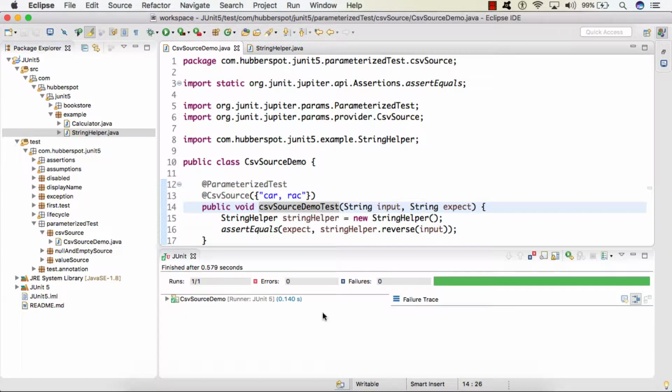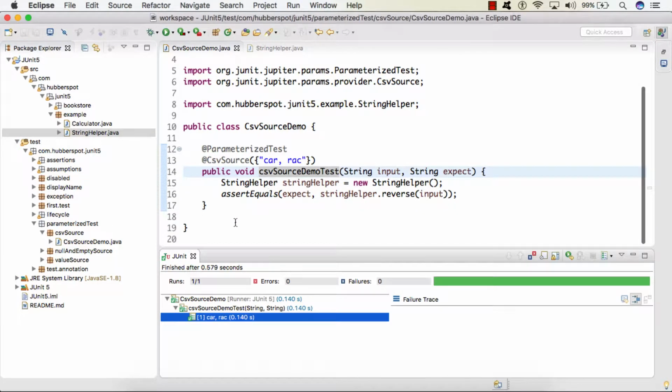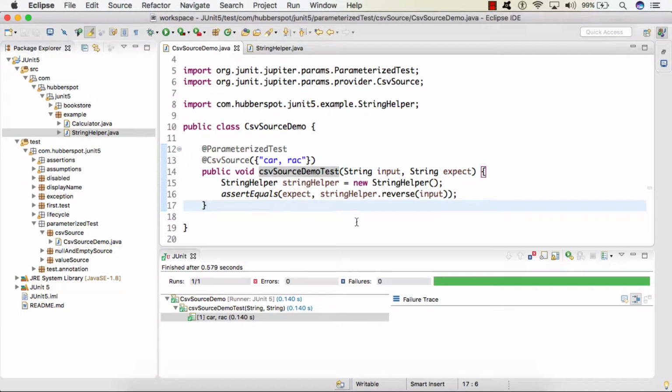We can see a green bar, and it shows that it ran one time with the values car and RAC. It also successfully tested our reverse method, where we passed an input and also provided what we expect from the reverse method. So friends, here you can see the advantage.